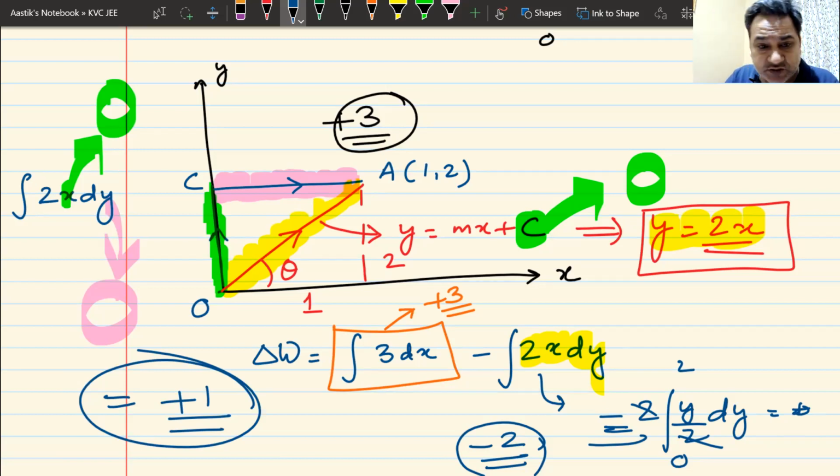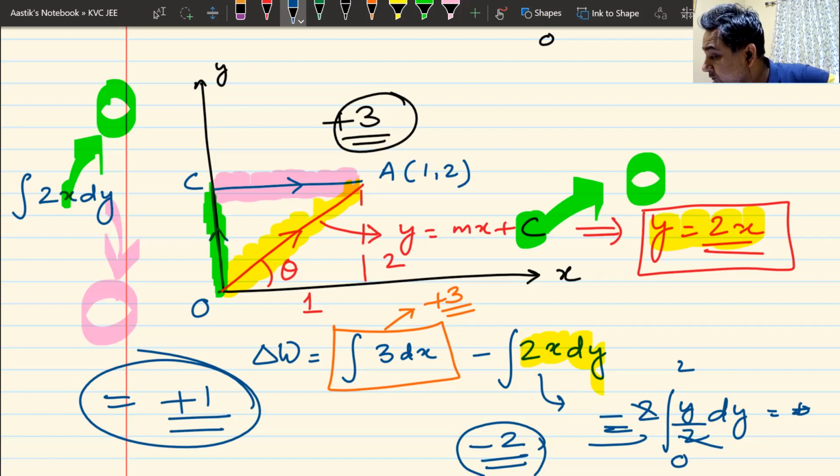Anyone has any doubts? I'll just wait for a minute for everyone to go through this. It's a simple thing. You're not expected to have this question in JEE Mains. In JEE Mains, if it comes, it will just be one path and you will not be given a 2-dimensional force. You will be given a 1-dimensional force.